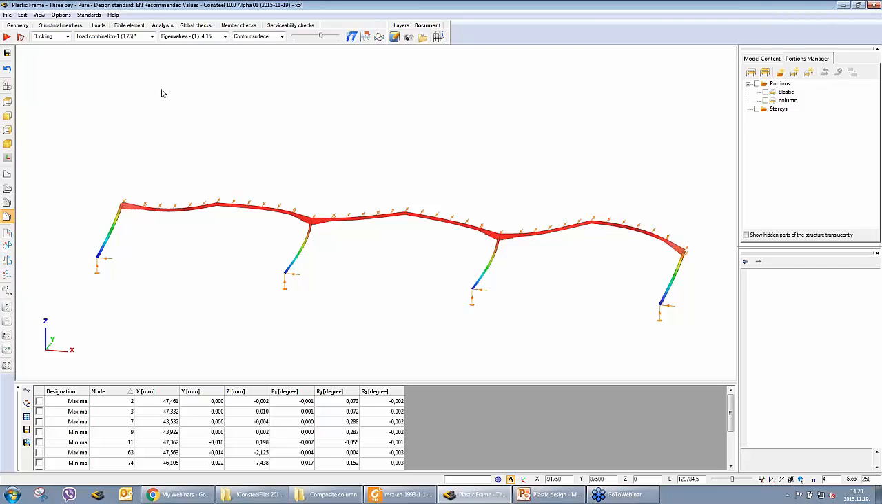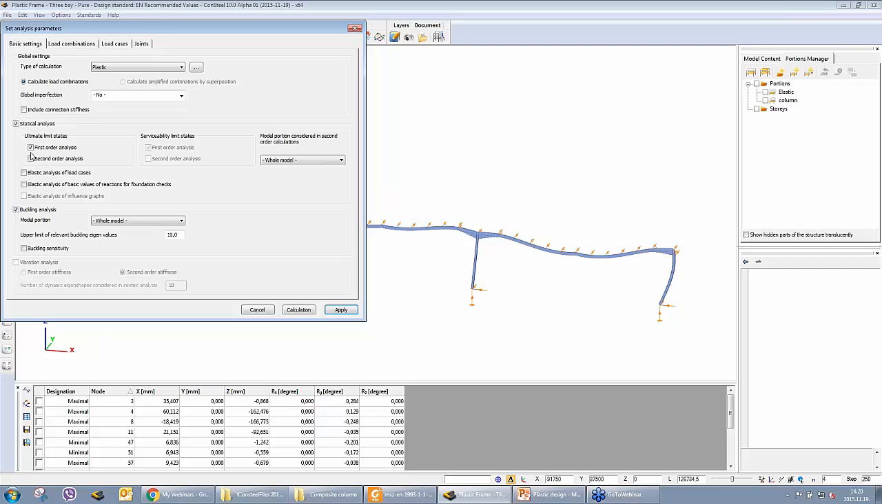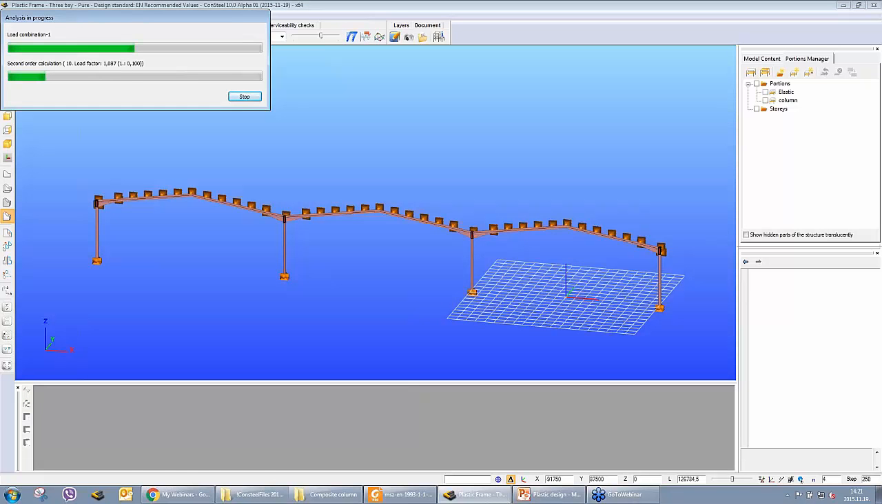It is very important to see that these were the first order results, because I would like to show you what the differences are if we switch to second order, which is quite important in the case of a slender structure like this. So now I calculate this plastic analysis but using the second order option and the buckling as well. I run the analysis,